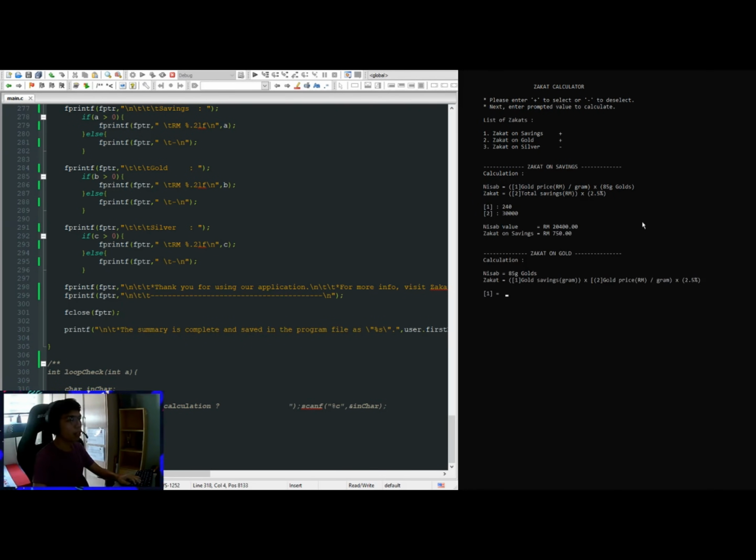So the program will calculate and display the total zakat that we have to pay. And for the next is zakat on gold. The first is we have to input the gold savings that we have. Let's say we have 90 gram of gold, and second is gold price per gram. So we put 240, and once again the program will display the total zakat that we have to pay